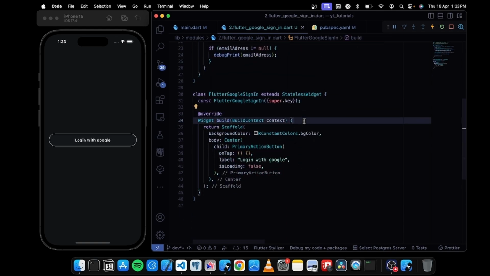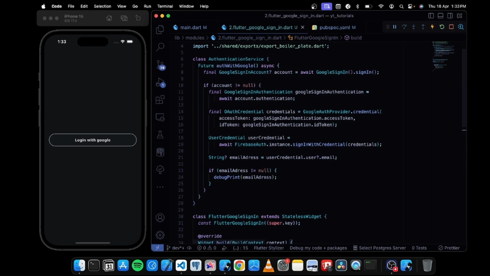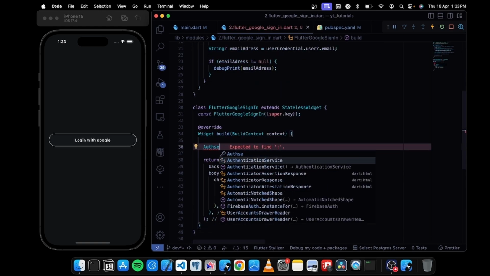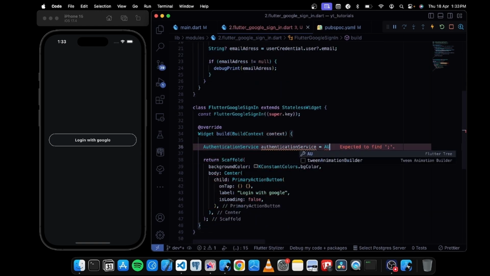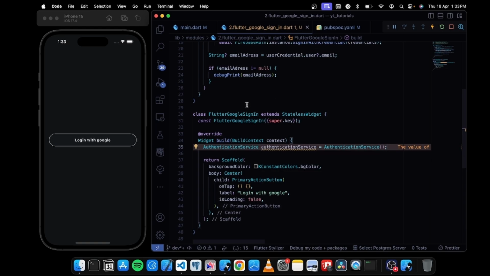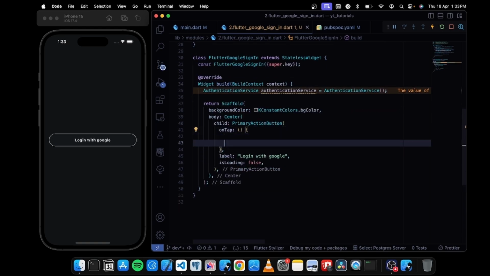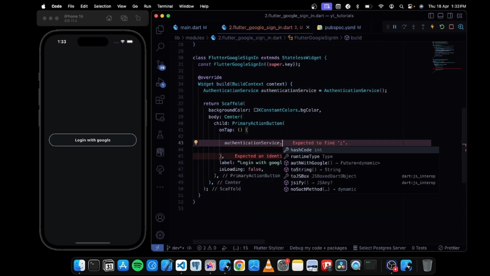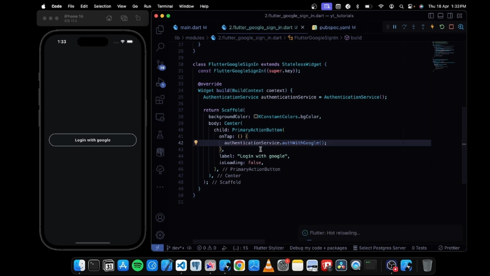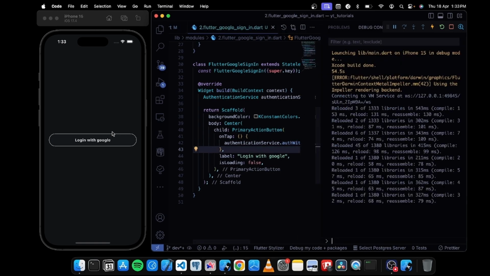Now here, in order for the functionality to work, I'll be getting a new instance of the authentication service class. So let's say authService is equal to a new instance of authentication service. Easy. And here I can simply say, on tapping the button, just say authService.signInWithGoogle. Let's see how it works. So if I tap it here,